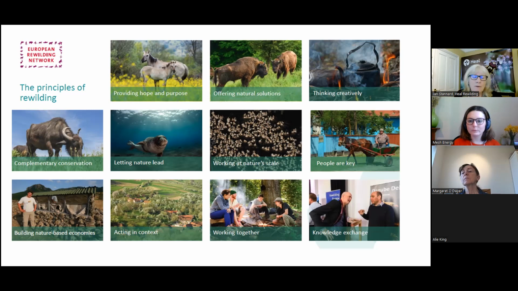So perhaps crickets. We have crickets in a town garden. There are amazing things that can happen in urban areas, and that emotional connection is really critical for people, particularly for their mental health. It has made a real difference to people. So, offering natural solutions to humanity's problems, and that's what we'll cover today. The main problem is climate change, and rewilding helps in several ways, which I'll cover.